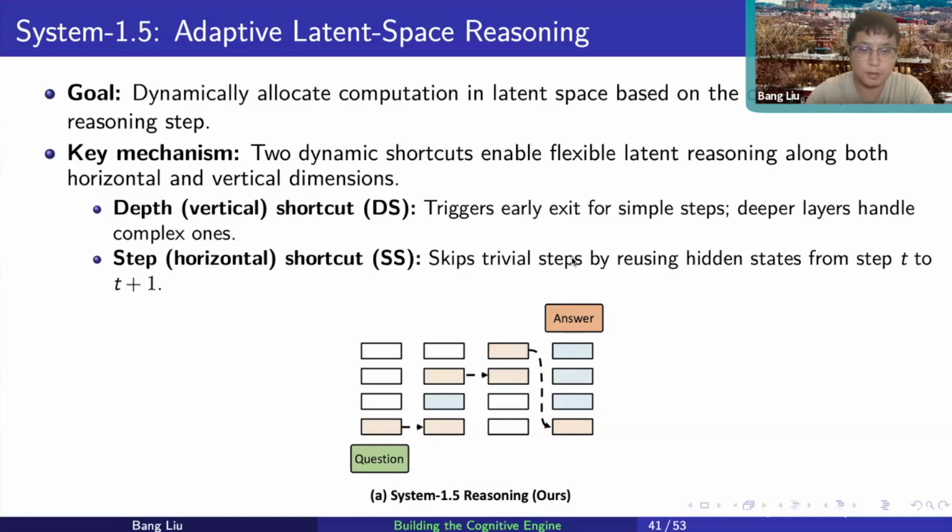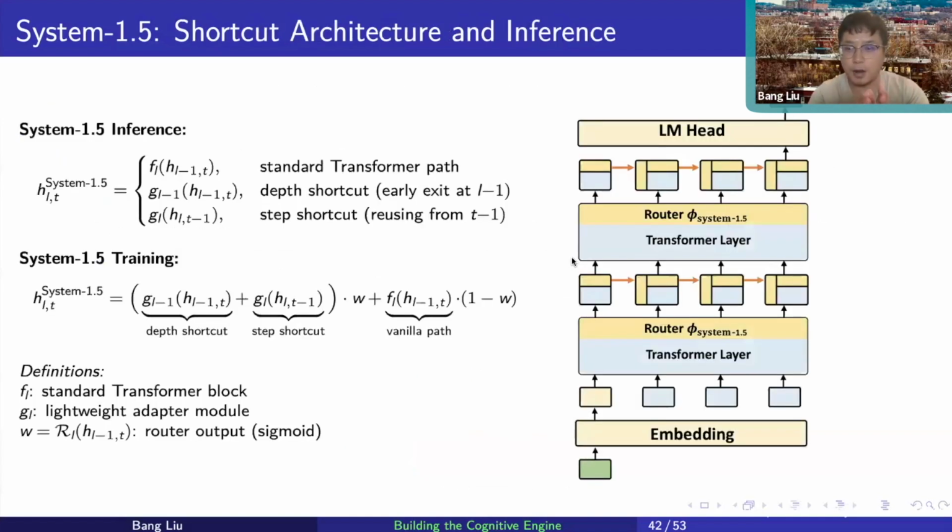And what does this mean? It means that every time you reason in the latent layer, you can either continue through a deeper layer, which means I'm thinking more, going from layer 10 to layer 11, or you can go horizontally: okay, this step is quite clear, let's continue reasoning. Or you can early exit, which means I already know what the answer is. So this actually needs a gating mechanism, right?